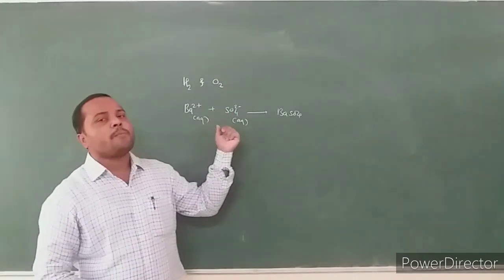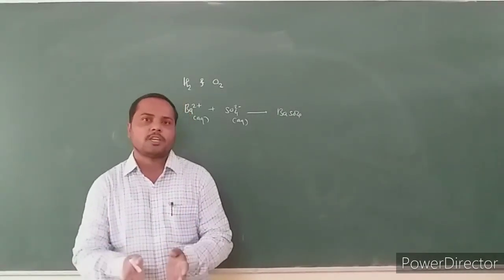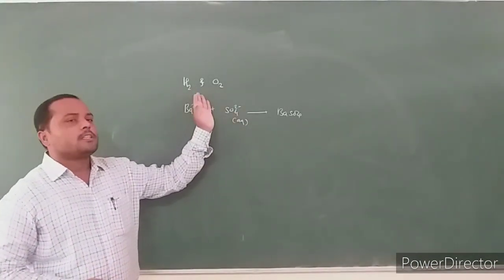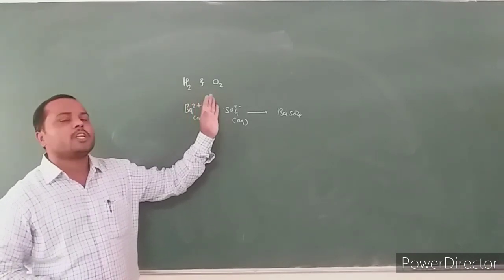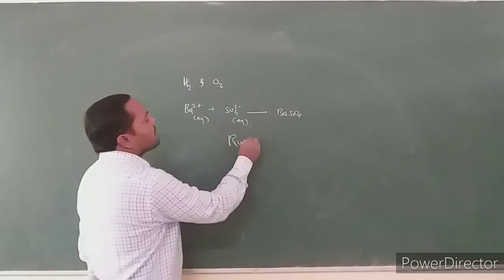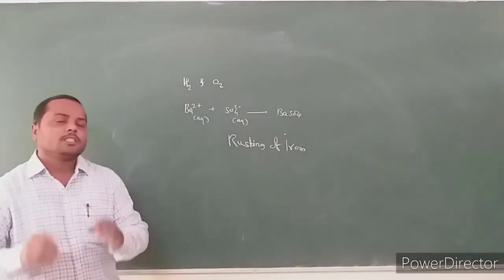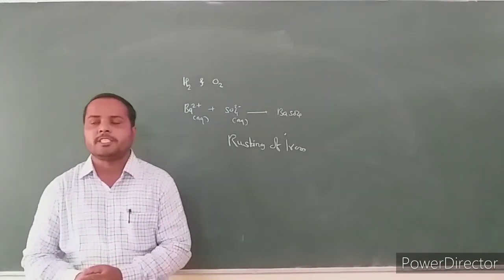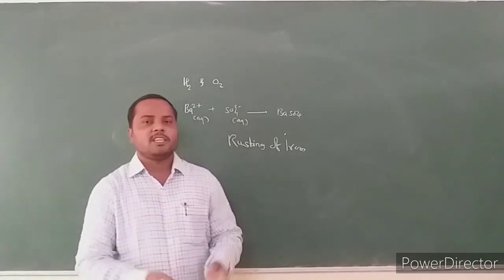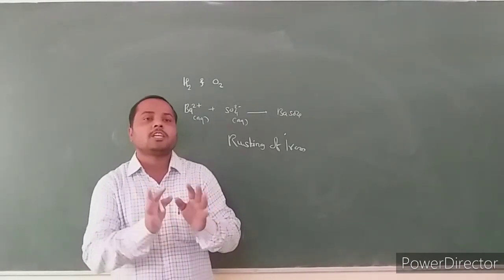When ions of barium and sulfate are mixed together, the precipitation of barium sulfate occurs within a fraction of a second. This reaction rate is very fast, with very high velocity. The explosive combination of hydrogen and oxygen also requires a fraction of a second. But the rusting of iron requires months for completion. The weathering of rocks requires 1000 years. Every chemical reaction occurs with a different speed, a different rate. If we find out the factors affecting the rate of reaction, we can control the chemical reaction.